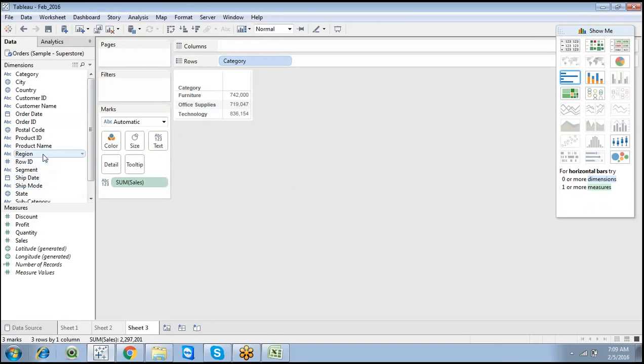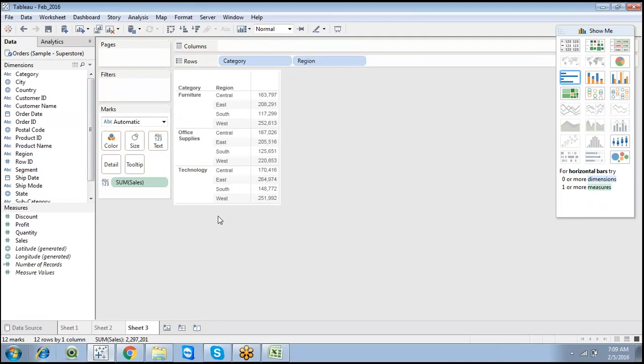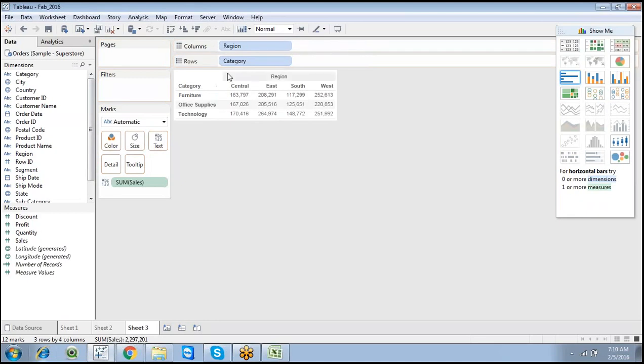Now you can see, just drag and drop category wise, region wise sales. So I'm getting 12 rows here, but I want to make this particular report clearer. For every region, just drag region into column. Now you can see only three rows, but I'm able to see region wise sales, region wise furniture sales. So you can customize this report, and that is called cross tabbing or pivoting. Pivoting is where you can move rows into columns or columns into rows.